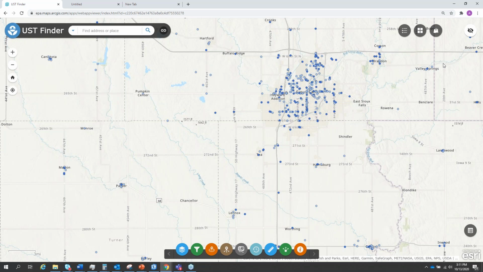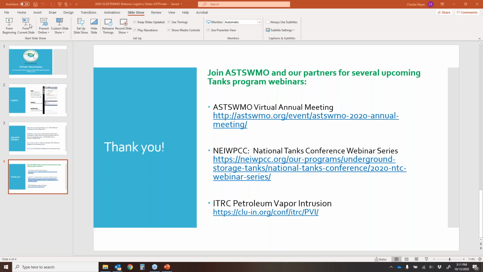I wish I had a great one word answer, but it depended on the way that the data was collected from the state. We kind of had to work with it on a state by state basis and start to compile it nationally. But in terms of the relational database, the UST table is related to the facilities, and independent of those two data sets are the leaking underground storage tank data.